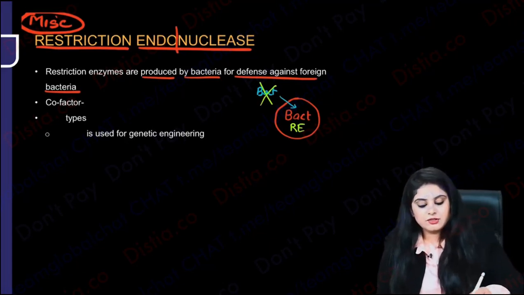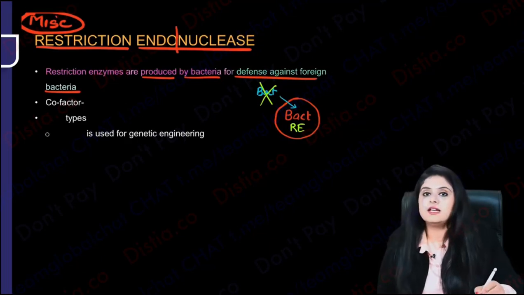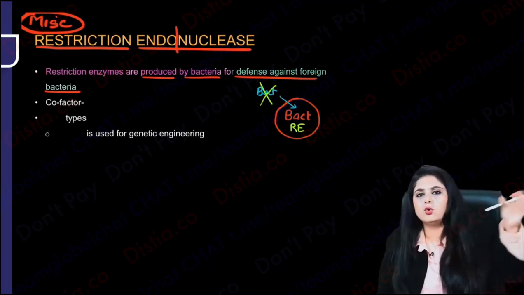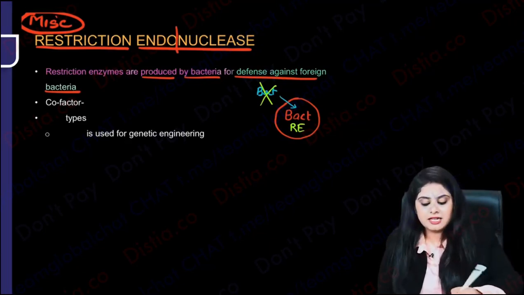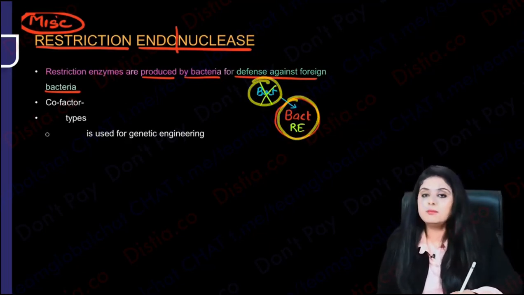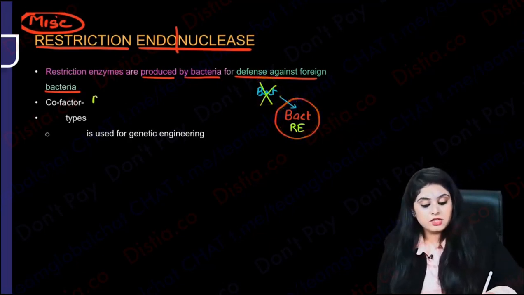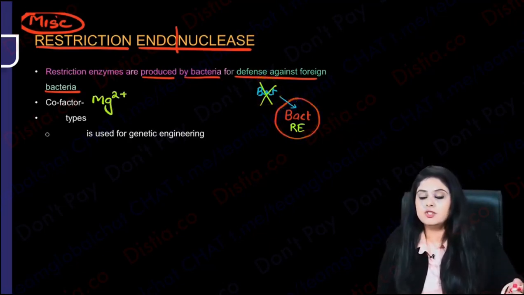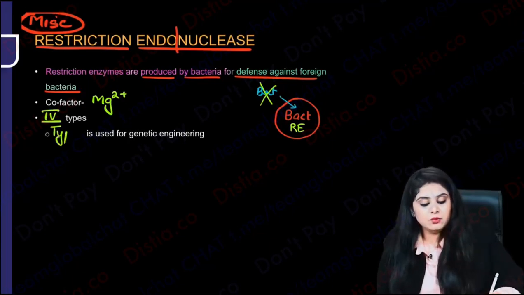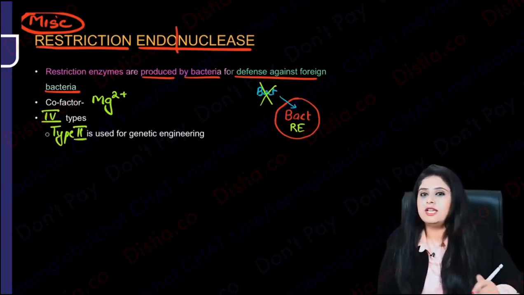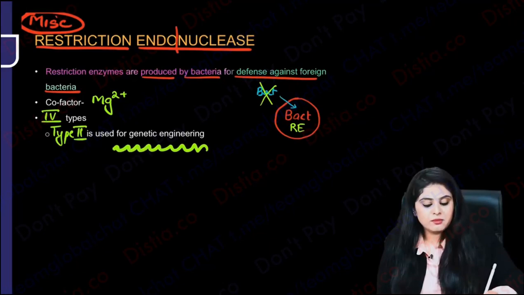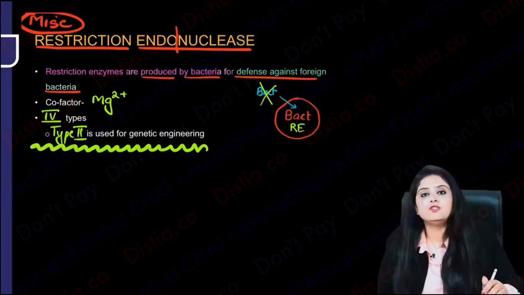So can I say that restriction endonucleases are produced by this bacteria over here? Why? For its defense against any other bacteria entering, right? Like you have antibodies now, that if the COVID virus comes, I will kill it. Similarly, bacteria has restriction enzymes so that if any foreign bacteria comes, it will kill it. Every restriction enzyme needs a cofactor, that is magnesium. There are 4 types of restriction enzymes. Bacteria uses all 4, but out of these, the type that I am using for my drugs and all the genetic engineering going on, all the lab testing, remember type 2 is used for tests,